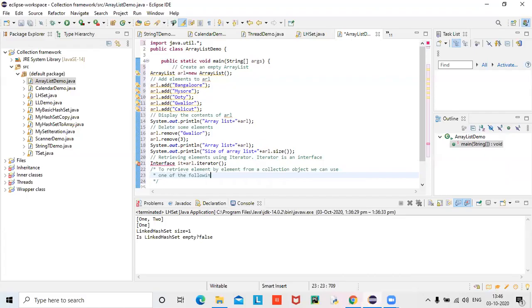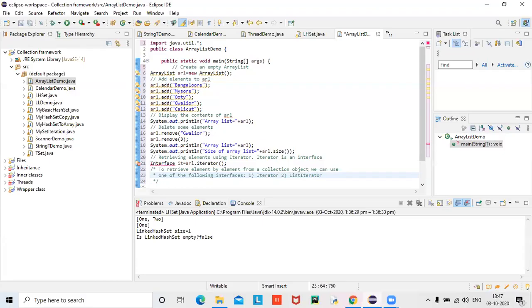There are a couple of other options. Option number one, we can use the iterator interface. Option number two is ListIterator, that also you can use. Some differences are there, I will explain between them.